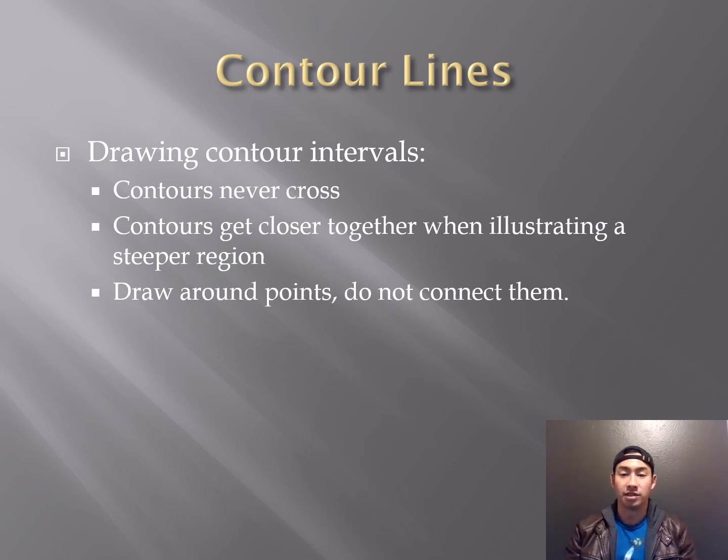Right? If we're talking about something that's very steep, such as a cliff, these contour lines will get incredibly close to each other, and that would illustrate a very steep region, such as a cliff. We want to draw around our points, and we don't want to connect them. The exception of this is if the contour points that are given are of the same value